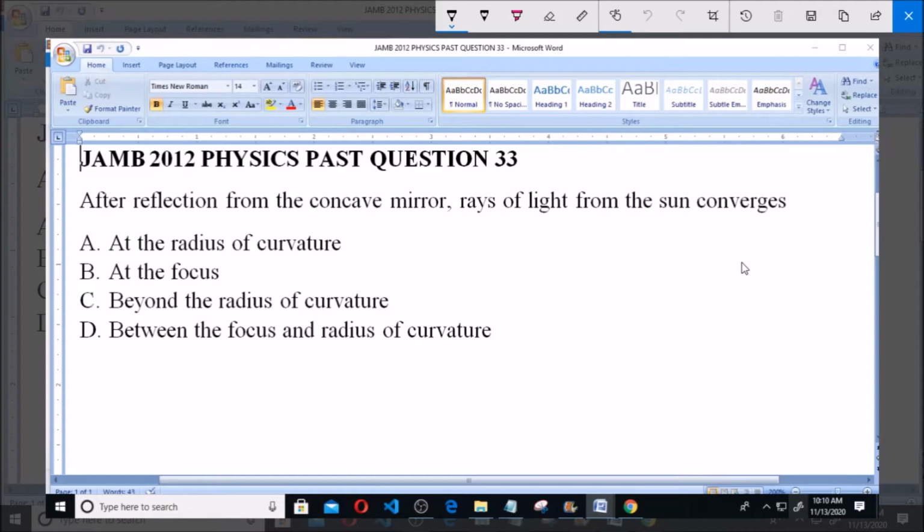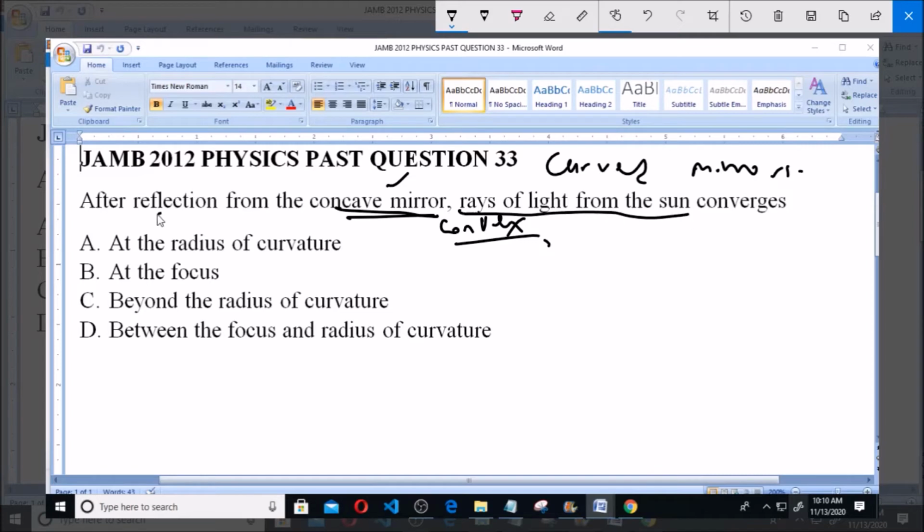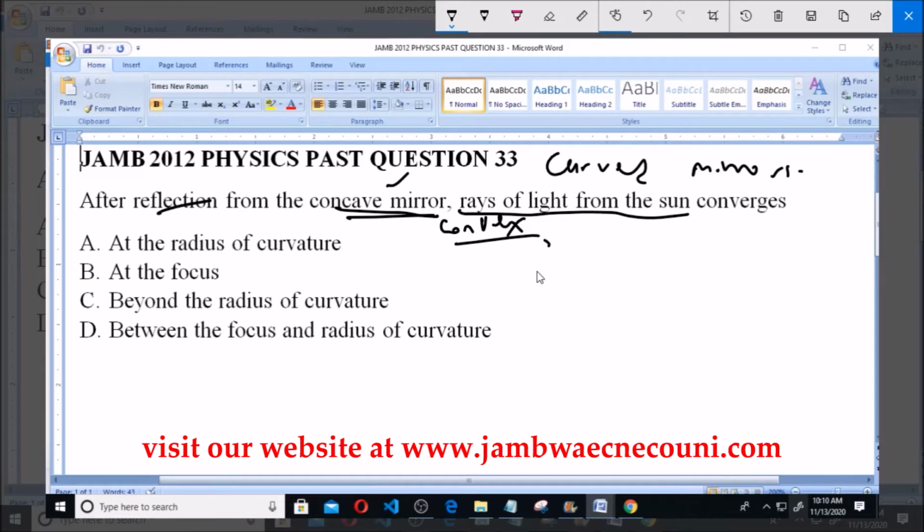So there are two types of curved mirrors, to be specific. You have the concave mirror and of course the convex mirror. Now we're asked, for a concave mirror, where do rays of light converge after reflection from a concave mirror? Now when a concave mirror is drawn, something like this,